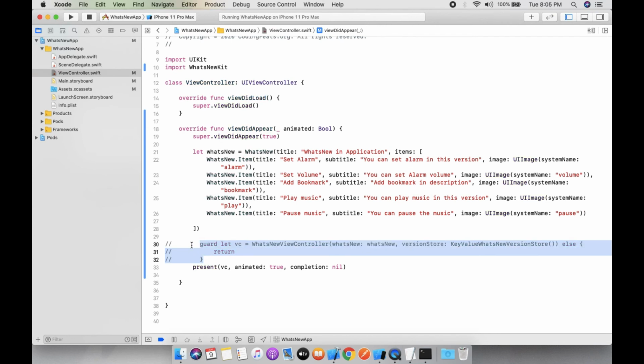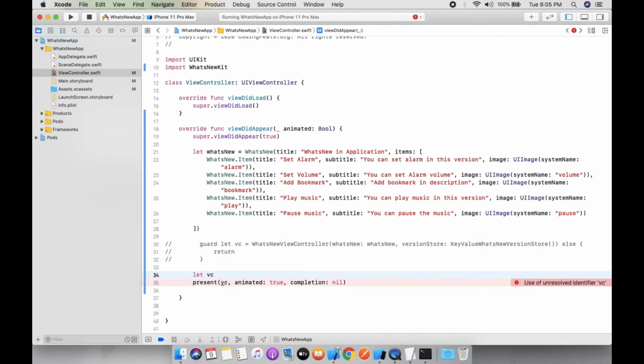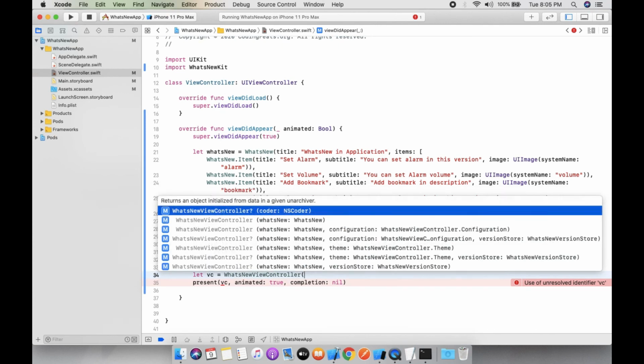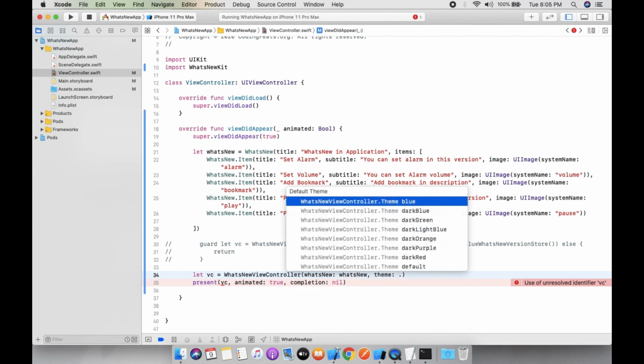So let vc equals WhatsNewViewController, WhatsNew, and theme dot, there are multiple types of themes over there.